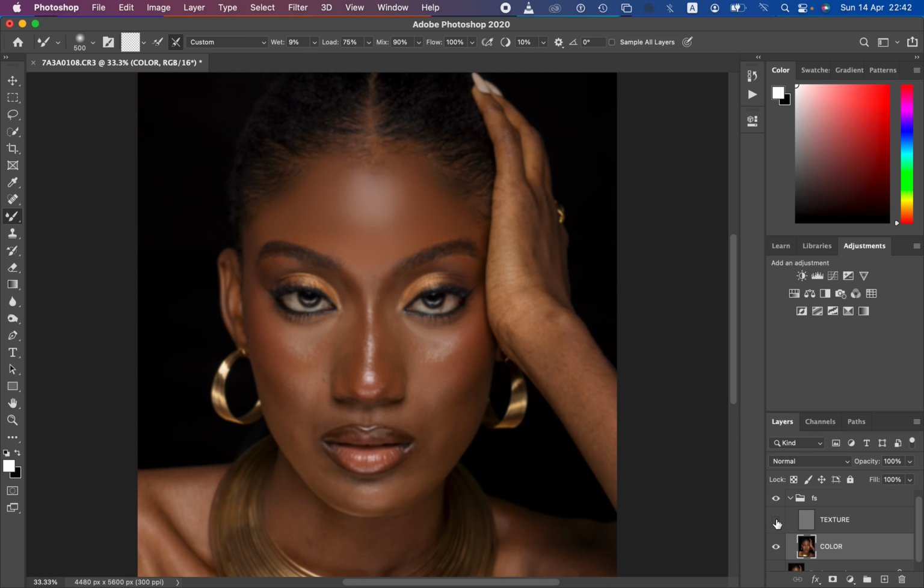So when I come back and I turn on the texture layer, you can notice that the textures are still left intact within the image, and we have just blended the colors. You can see before and after for just working on that forehead area. So I'll just come and hide the texture layer and select the color layer once again,